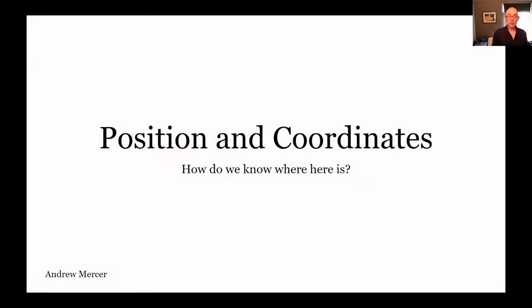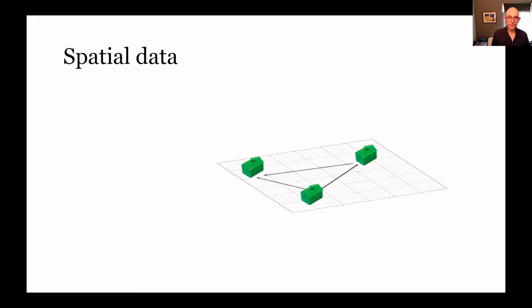Welcome to the lecture on coordinate systems, positioning ourselves on the surface of the Earth. Not actually collecting GPS data or anything like that, but just the numerical part of this. Where are we on the Earth according to a particular coordinate system? And how is that? How do we know this? How do we define a coordinate system? How do we know where here is?